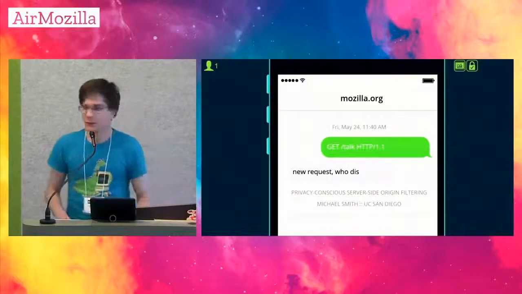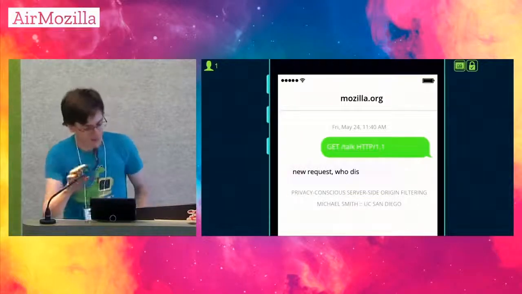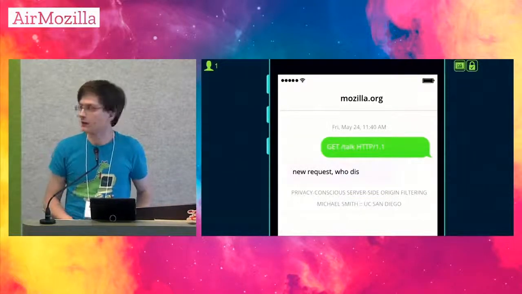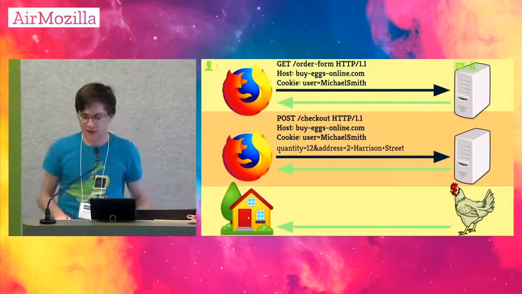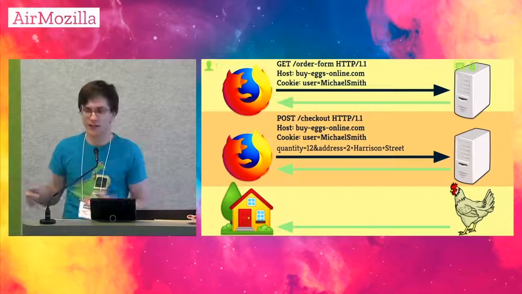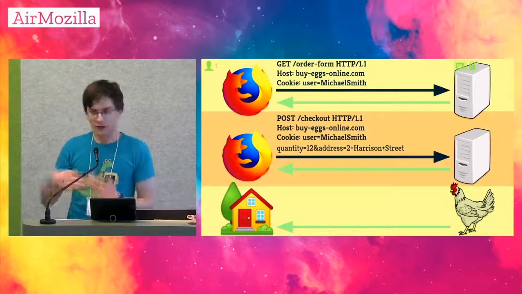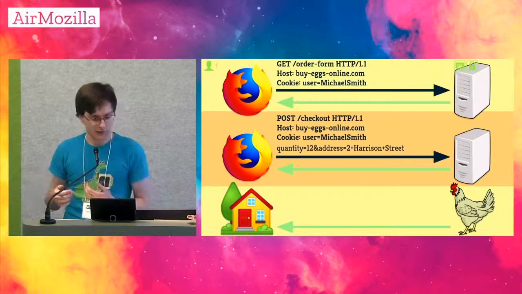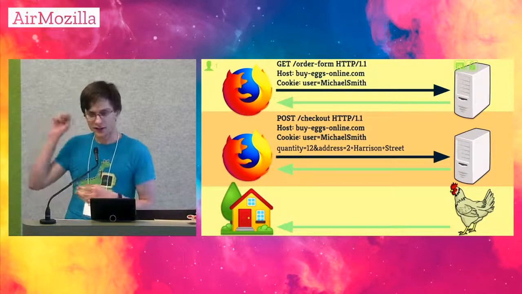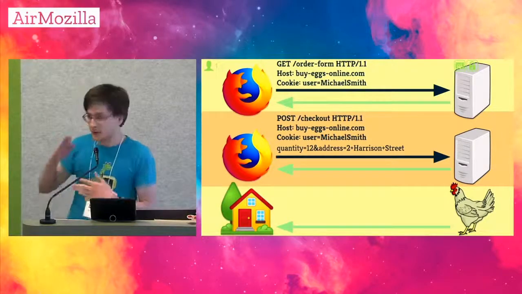So I've been tinkering with a proposal for enabling origin-based filtering of requests on the server side, designed with privacy in mind. So say I pop up in Firefox and navigate to my favorite online egg buying website. Firefox sends off requests to a remote server, and the server sends back some HTML for the site's order form. I fill in my information, and I click on that submit button, and Firefox then posts the information off to